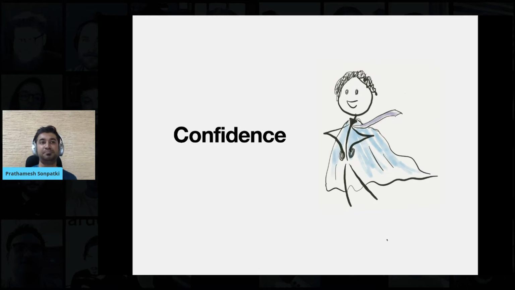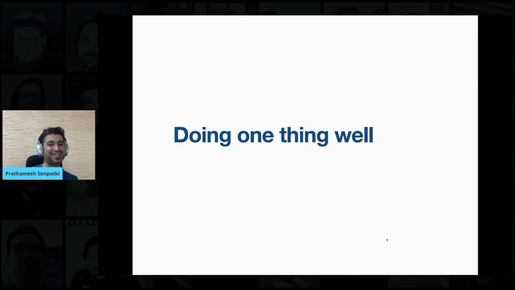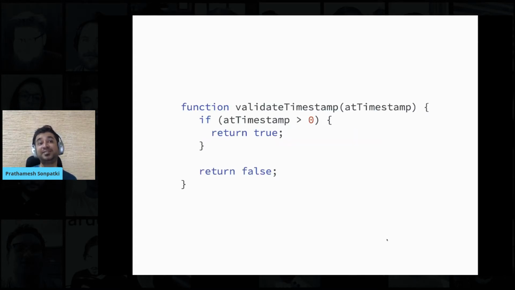Confidence is all about being certain about a piece of code doing one thing and doing it well. Obviously, it also means not doing anything else, because a lot of times when we start writing code, we try to extend a piece of code for other features, and then it breaks the existing functionality, and it doesn't work with the new functionality either. So doing one thing and doing it well is very important. And in terms of code base, it boils down to writing smaller functions.